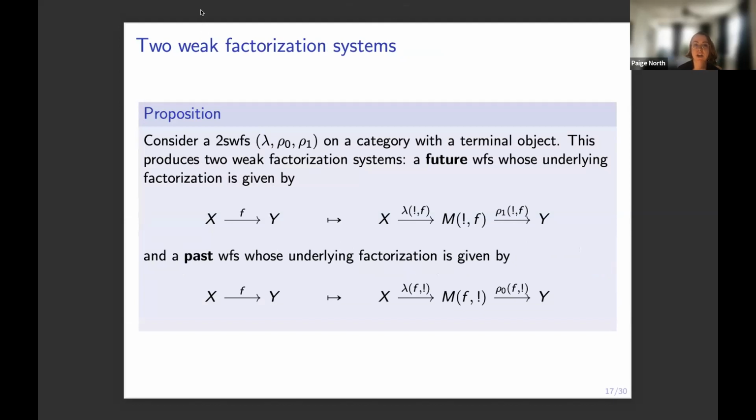And like I just suggested 2 slides ago, we can always project out to the two different weak factorization systems. And now I should say that I have a typo here. I want to qualify this with the word strong. So the strength is giving us this property that something is a cofibration, which allows this whole story to behave well.